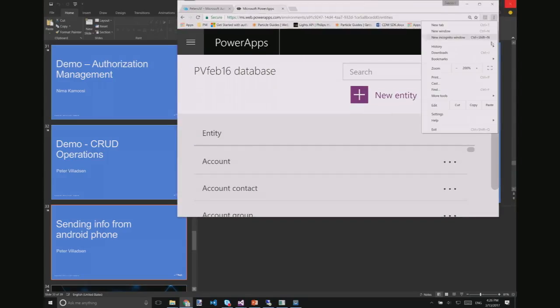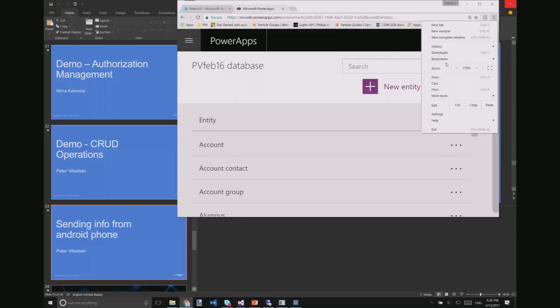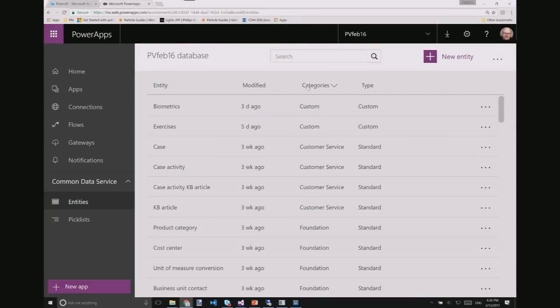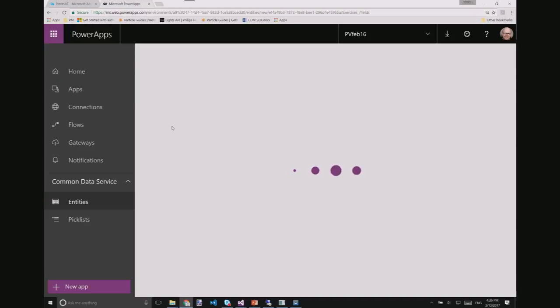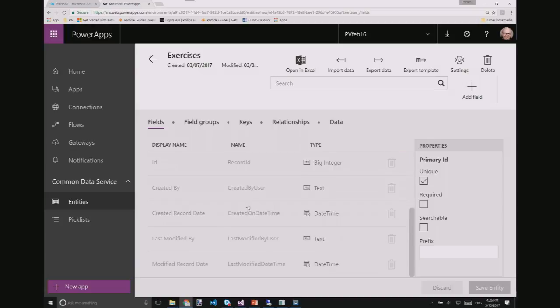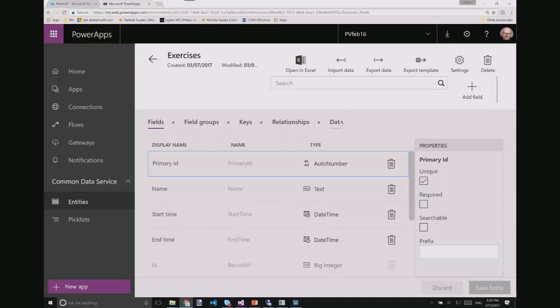Hang on. I will get there. There. Okay, so let me find my... These are the two entities that I added, remember? Exercises and biometrics. So if I go in here, you will find the same names that I used here in the code. And if I go to data,